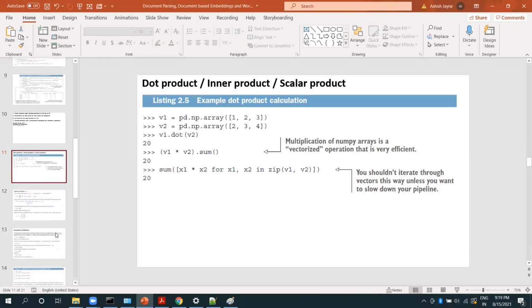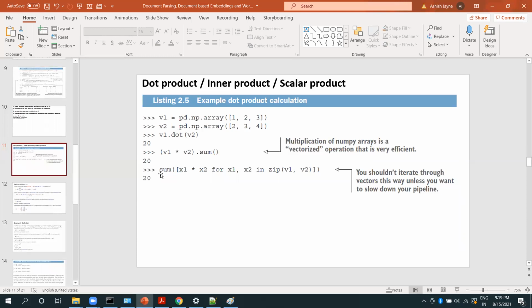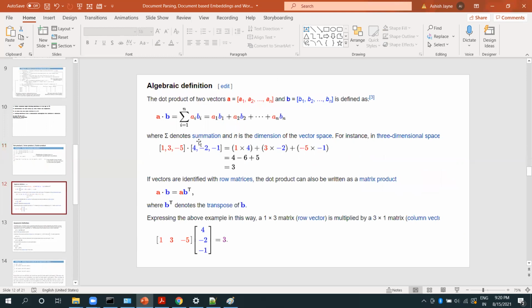And this is basically just for additional information. Dot product is a very important operation in NLP. This is one of the matrix operations that I found in one of the pages in the book, and you can just remember that the algebraic definition of this is, if you're given a dot b and you know the values a1 b1 a2 b2, it's sort of like this: a1 b1 c1.